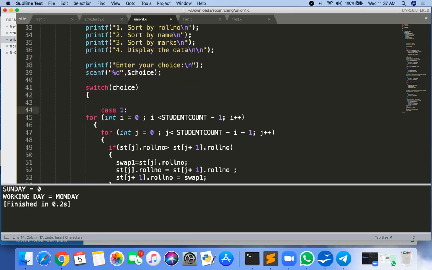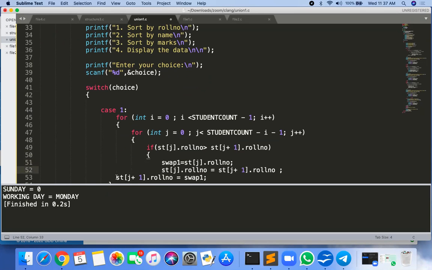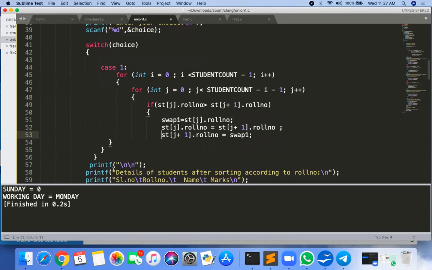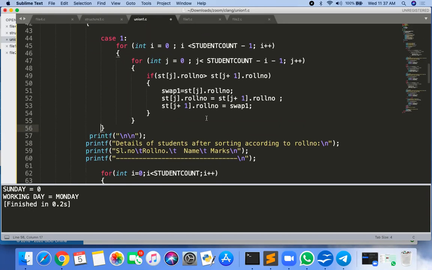Switch choice, and the first is case 1. Okay, so which sorting are you using? Bubble sort. So if roll number is greater than it, then now roll number, if roll number is greater than this, then